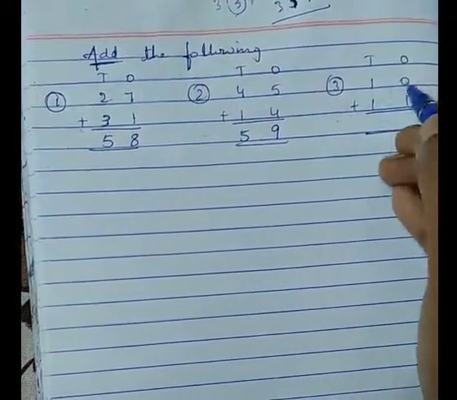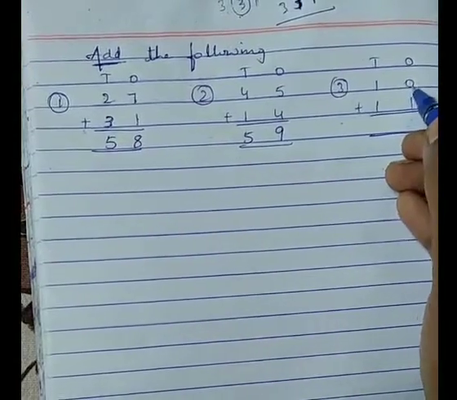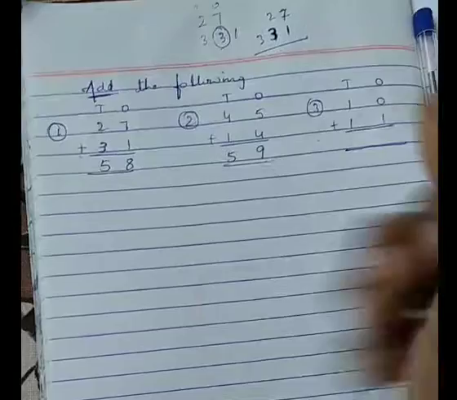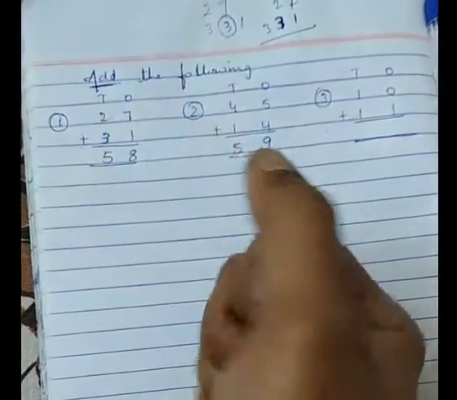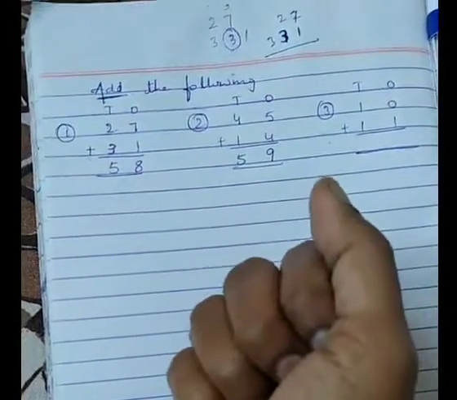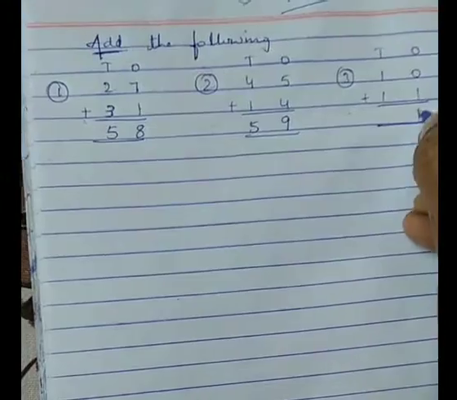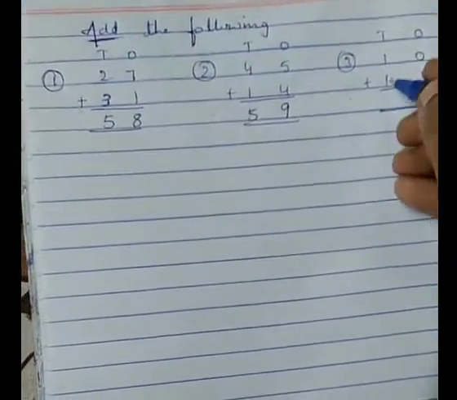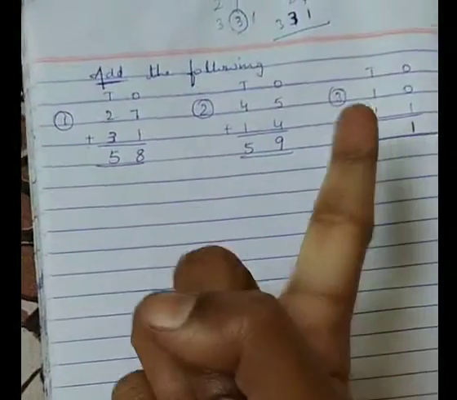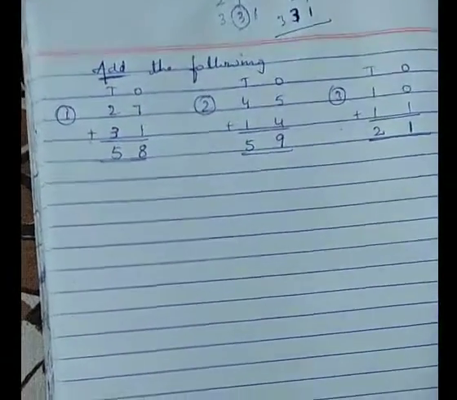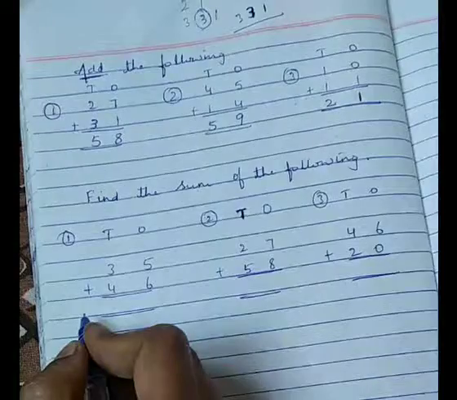Here it is, 10 plus 11. 10 means here 0. Okay, 0 plus 1. 0 means what? 0 means nothing. You are not adding anything here. Is it? 0 means is there anything? No. Means you are not adding anything here. It means 1 itself. And 1 plus 1: 1 in the mind and 1 on finger. 1 afterwards 2. This is equal to 21.